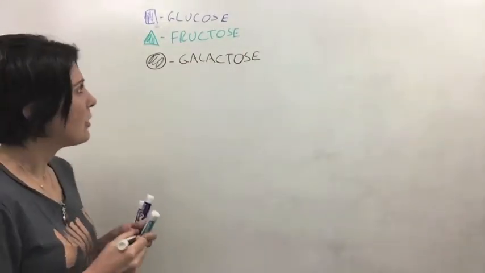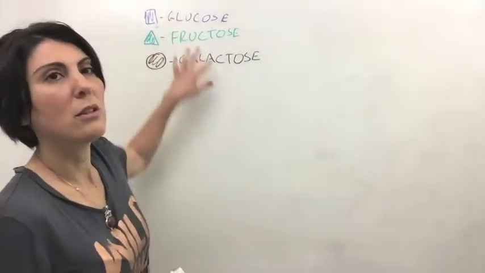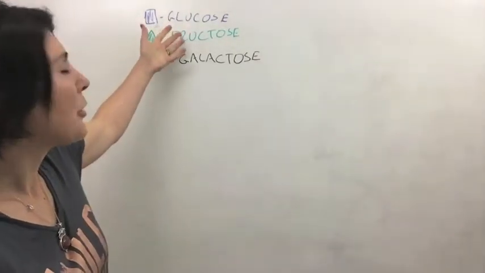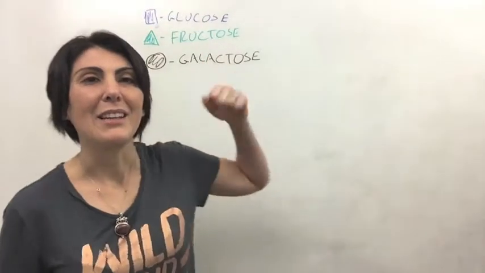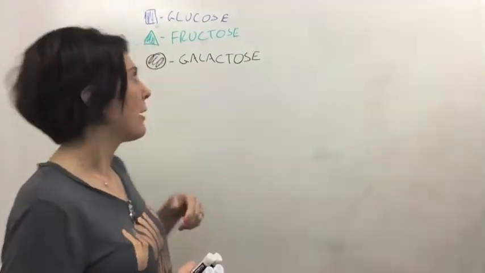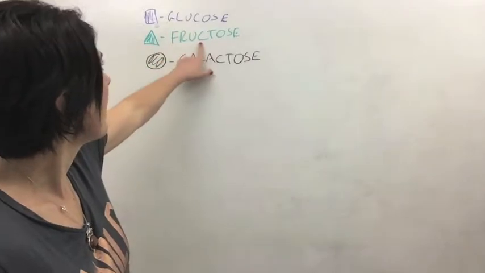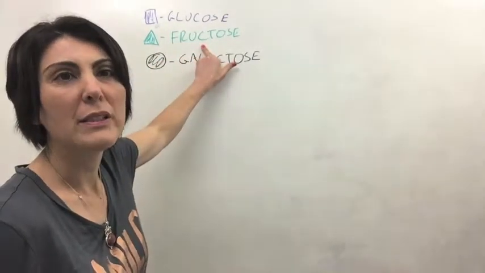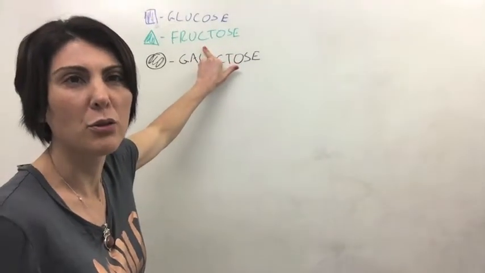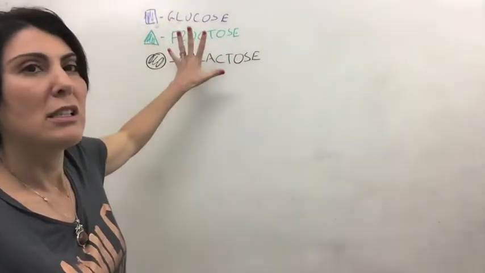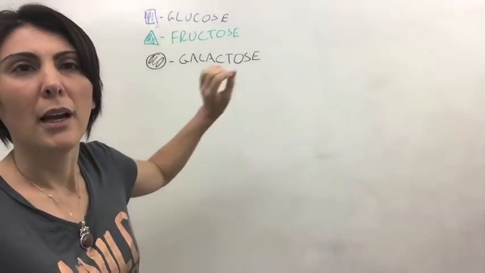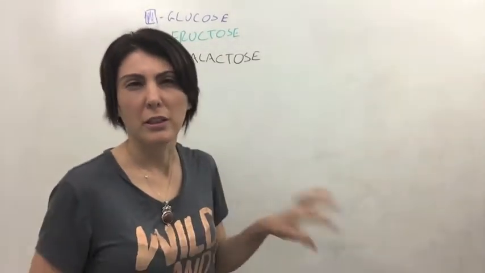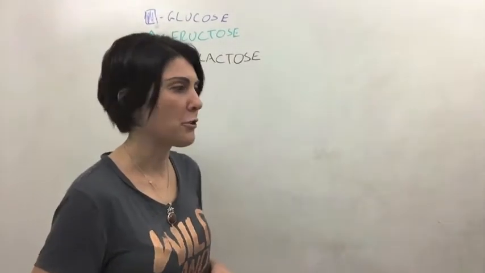Okay, so these are all monosaccharides. It's a single sugar molecule. And they don't generally come in this form in the environment, in the diet. A place where you might find glucose and fructose in the monosaccharide form is in high fructose corn syrup. So there's absolutely no digestion that's required with high fructose corn syrup. It will go pretty much straight through the digestive tract and into your circulation.